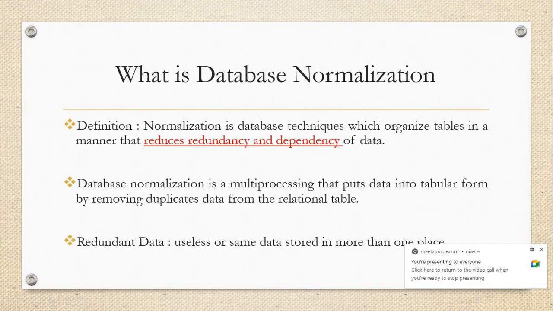So this is about the database. Make a note of that. In that database, we need to understand this concept, database normalization, and we will focus on this. We need to reduce the redundant data, and we need to reduce the dependencies also. Okay, we'll check how we'll remove the dependency. Make a note of that.